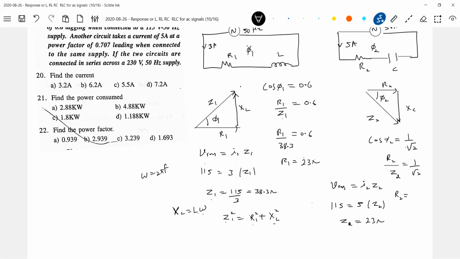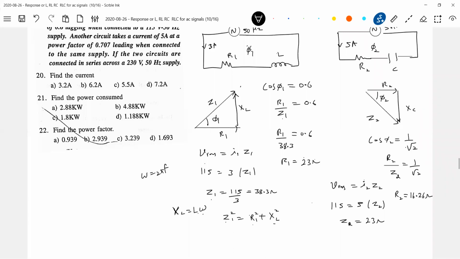Value of R2, anybody? 23 into 16.3. 16.06. 16.26. That's